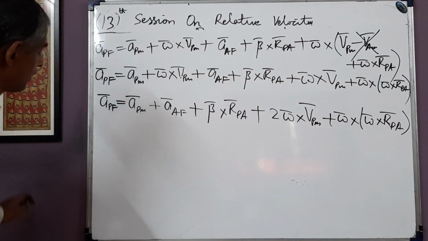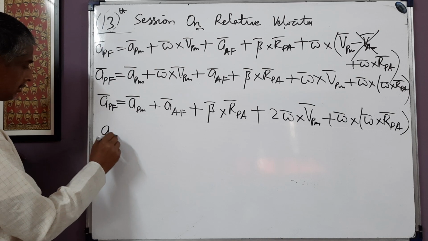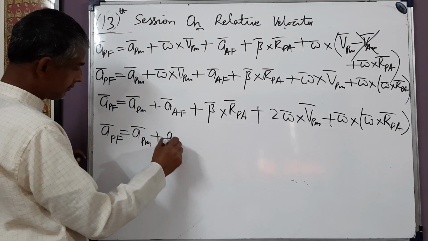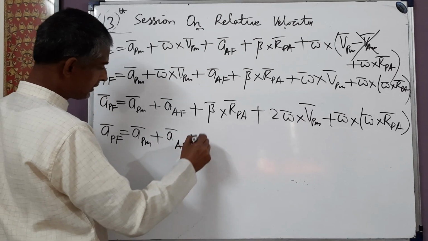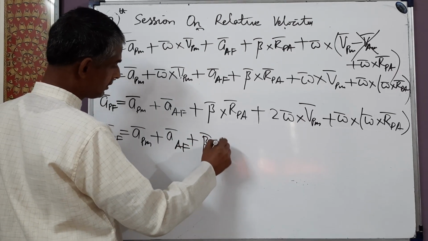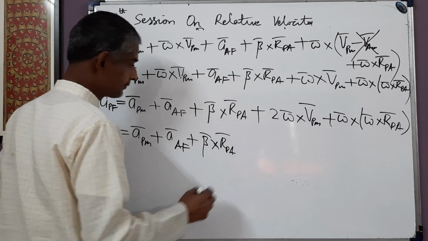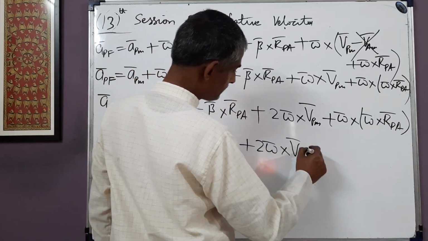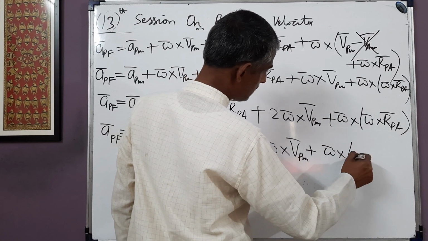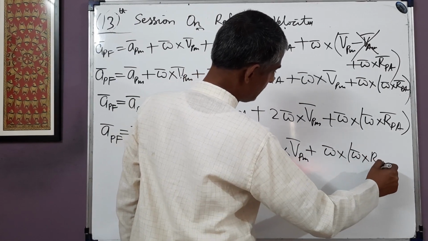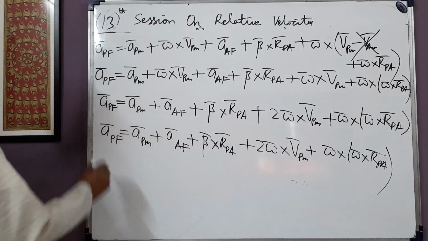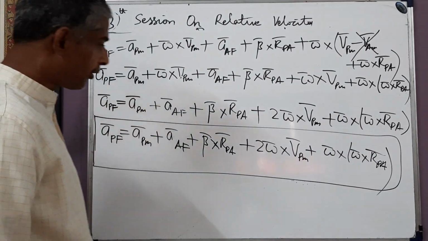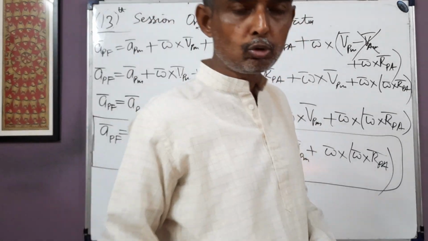Alright, so we get APF is equal to APM plus AAF plus beta cross RPA plus 2 omega cross VPM plus omega cross omega cross RPA. So see, this is the general relationship between acceleration of point P as seen from two frames M and F